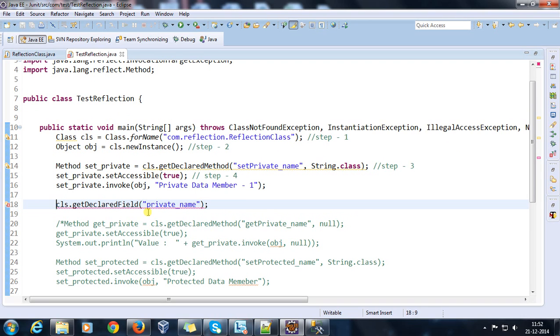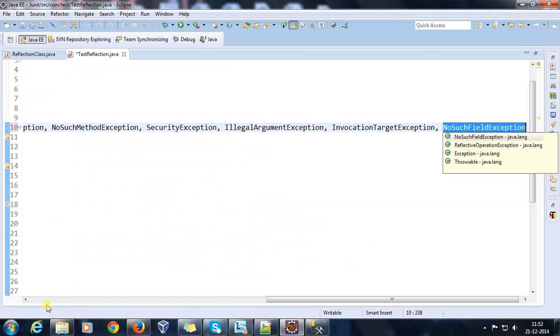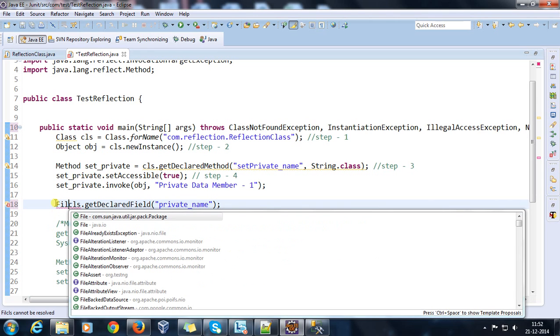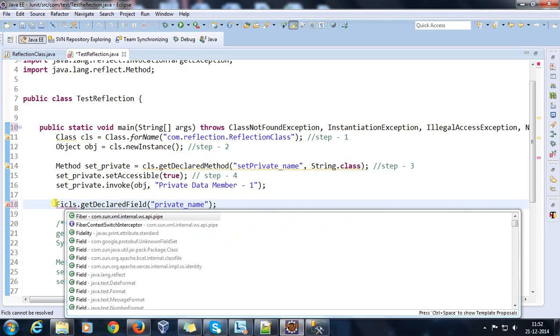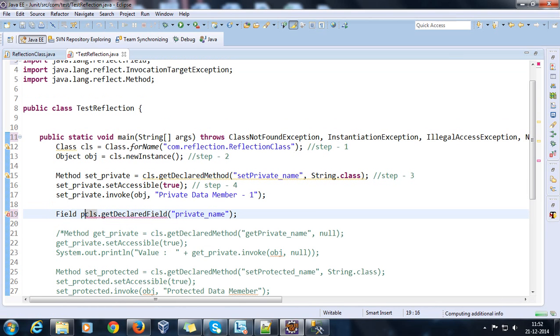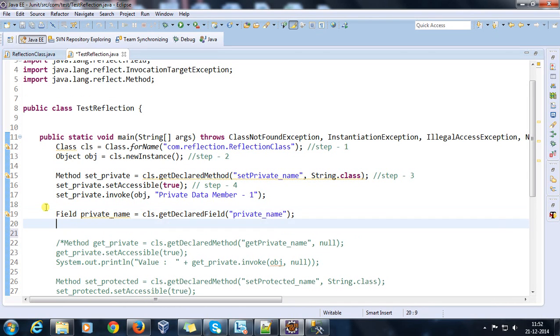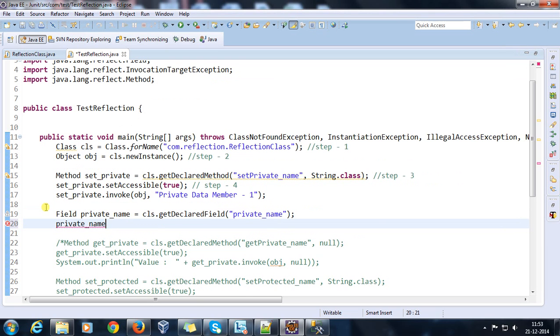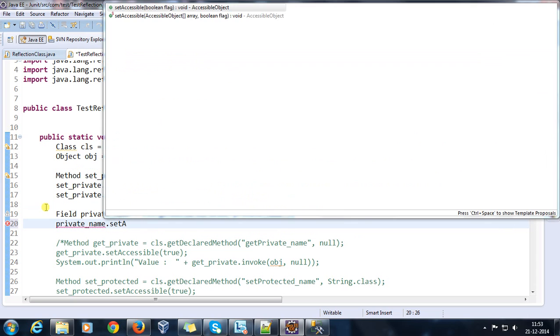Again it is going to throw a checked exception, and this is going to return a reference to a Field, Field private_name. Okay, now as it's private, again I need to set the access level, setAccessible true,